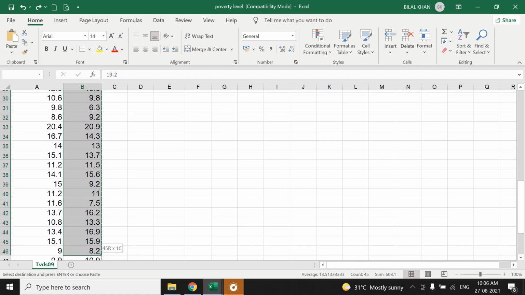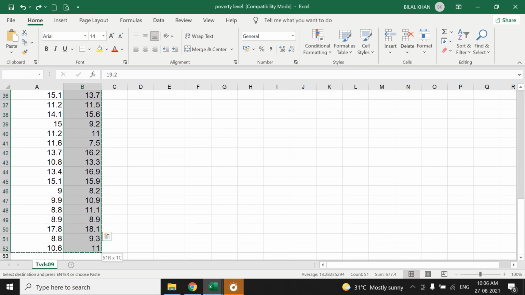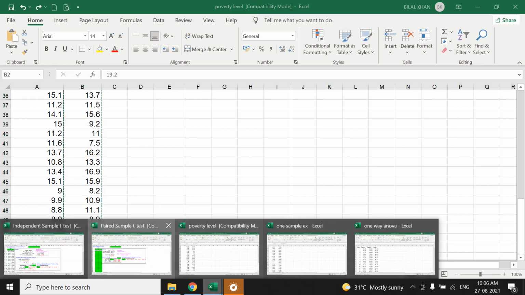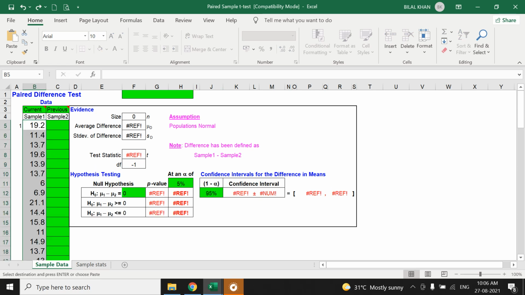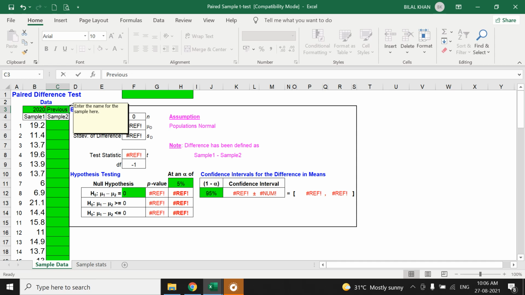copy this, which is the post data. Okay, post economic reform. So we'll copy this and we'll come back to our paired sample and we'll write it here rather than the second. So this is post, which says current. So we can write 2020. Just to make it clear, we can write 2020, and this is going to be data from 2010. And we go back again,